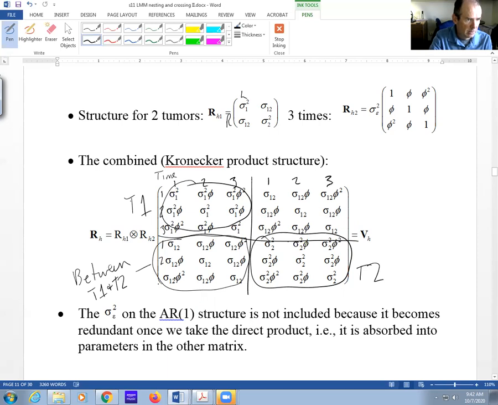So for example, this one right here would be the covariance between tumor 1 time 1 and tumor 2 time 3, right? Did I do that right? Guys with me? Need to double check what I'm doing because sometimes